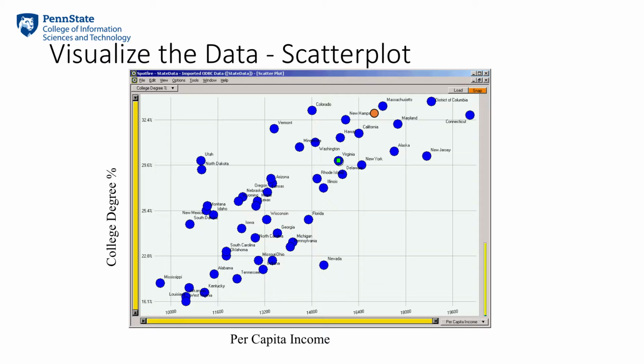The scatter plot is actually pretty good at answering questions that concern the connection between two variables. For example, this question asking if there's any association between income and education. By plotting the states in this two-dimensional scatter plot, we see strong evidence that the two variables are associated in a positive way. For most of these states, the higher the per capita income, the higher the percent of college degrees. So the data actually tells us that there's a